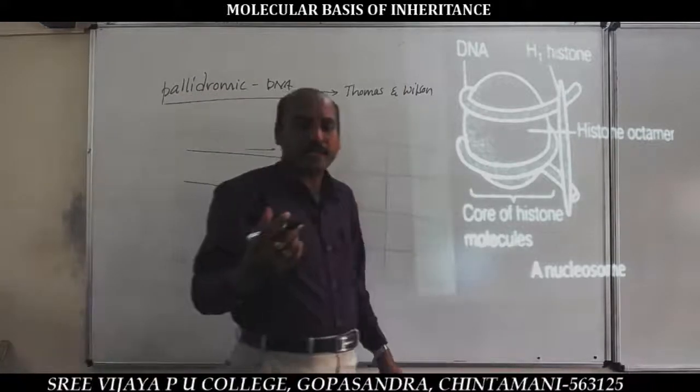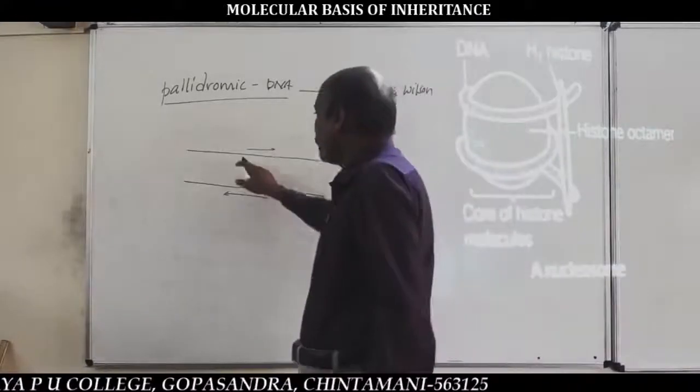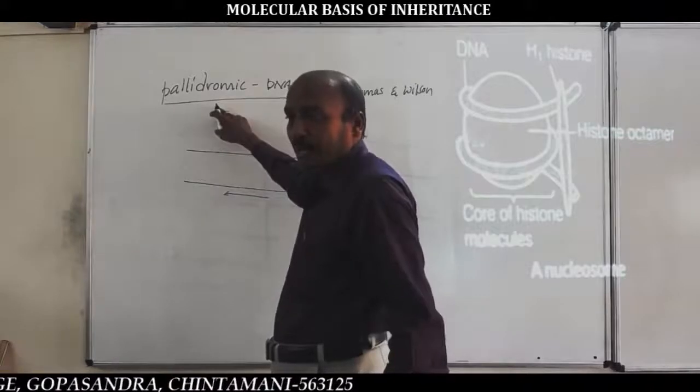A DNA in which the nitrogen base pairs are the same in both forward and backward direction is called palindromic